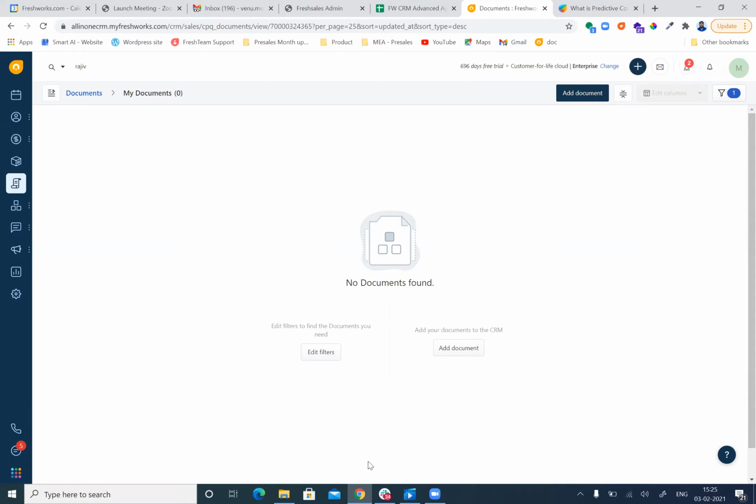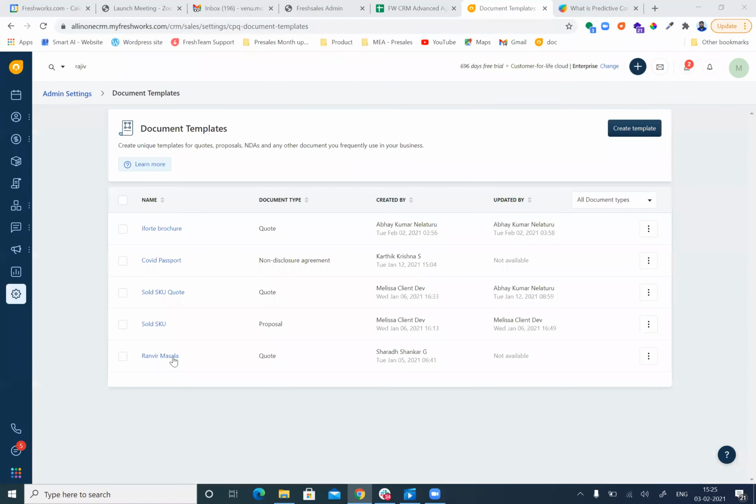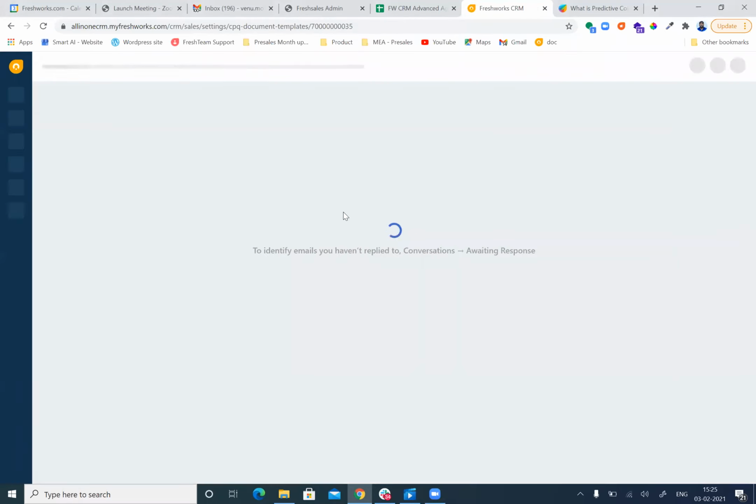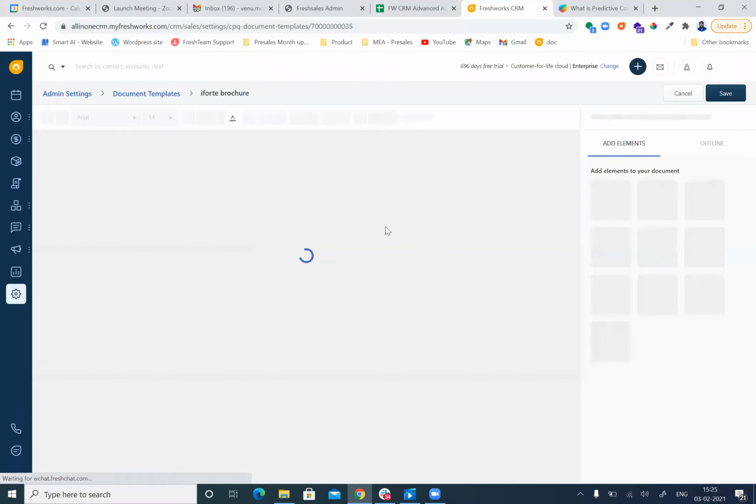So once we make a quotation, for example, the amount of the quotation will be added automatically to the amount of the deal, right? Yeah, so you are able to create and save multiple quotation documents here. You can create your own quote documents along with the tabular format.